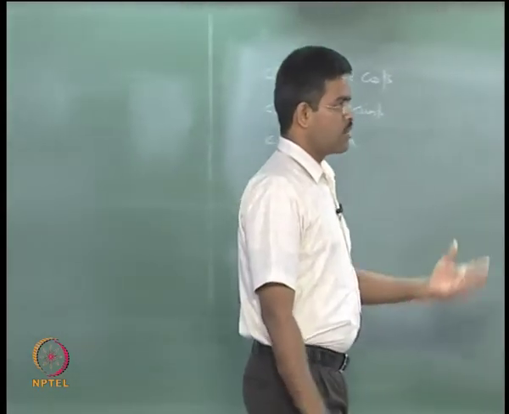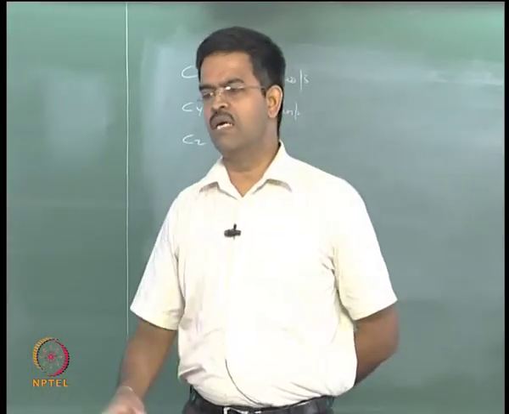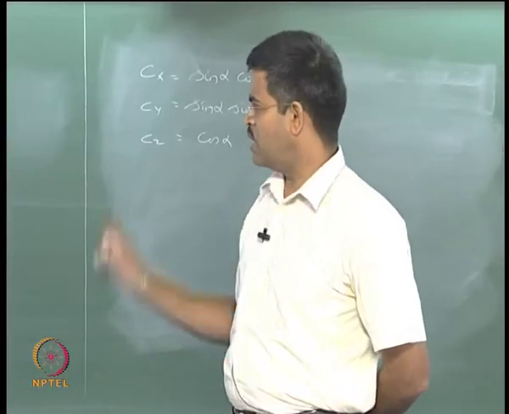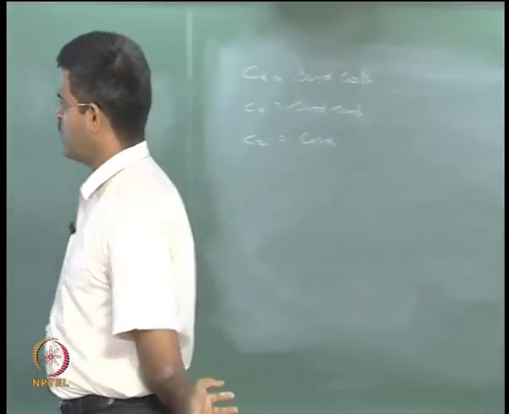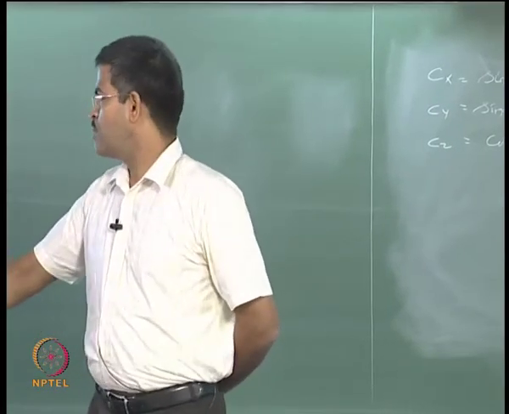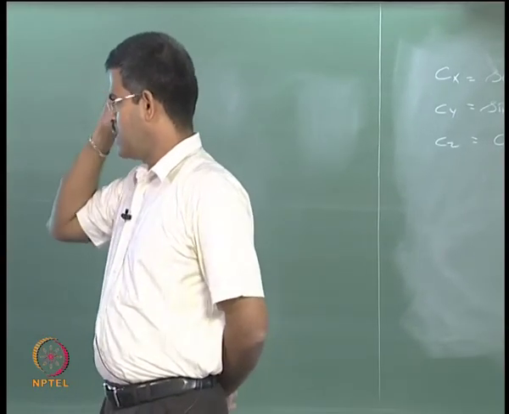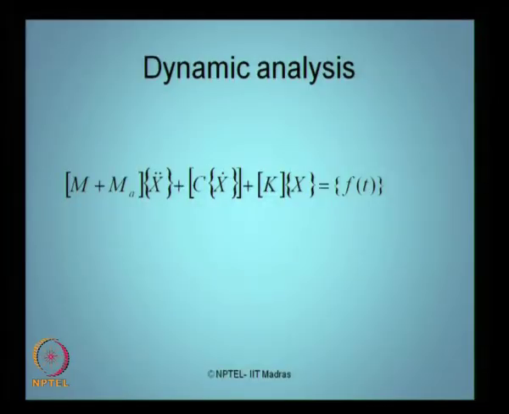Of course, for the left hand side of the equation of motion, we already know m and k. We will talk about c slightly later when we talk about the next model, because c can always be approximated based upon the first values of m and k, where there are different models advised by researchers to identify the proportional damping matrix. So, depending upon the added mass value, that is depending upon the submerged volume of every member, I can always estimate the mass matrix and k matrix. K matrix depends upon strength in my equation of motion.